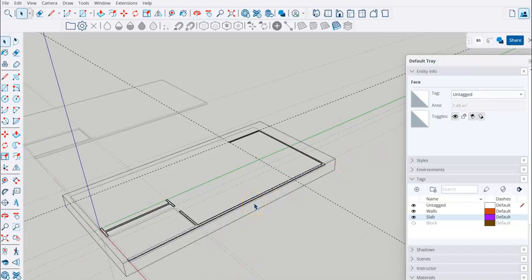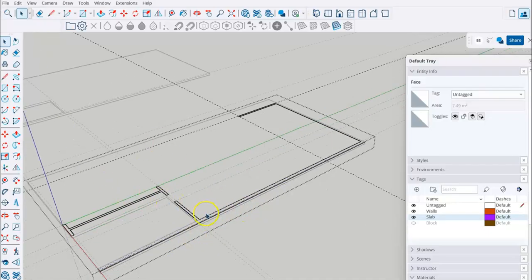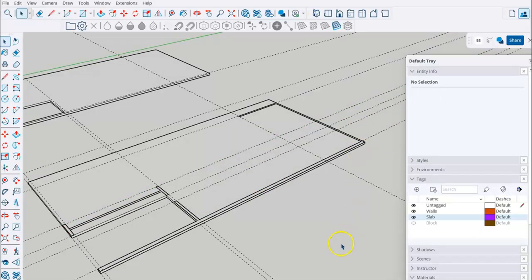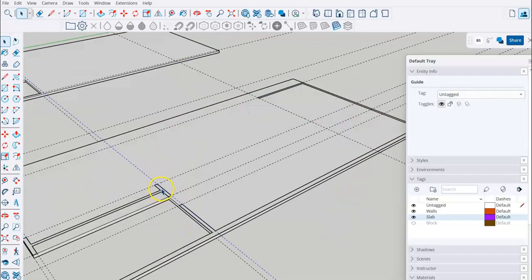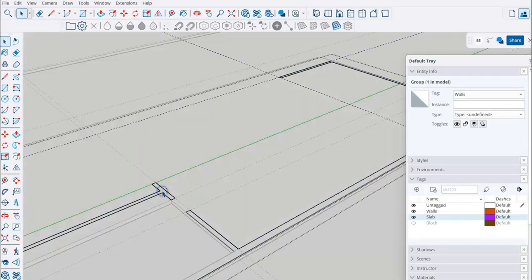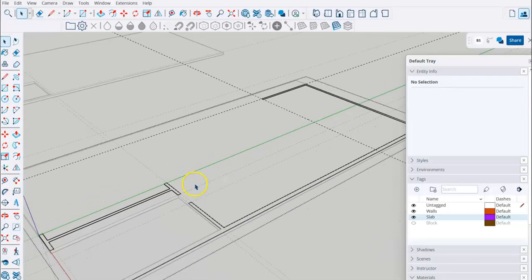So no doors, no windows, just put the walls in, and in a little bit, once they're in, we will look at pulling them up or extruding them up. Last point is to remember always, if you exit the group and you want to do more lines for your walls, you need to get back into that group by double clicking on it, and now you're in the walls group. Okay,